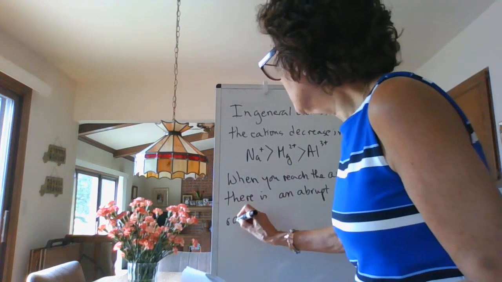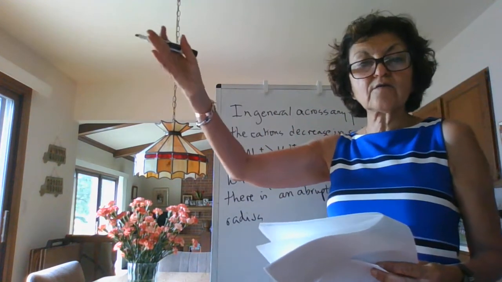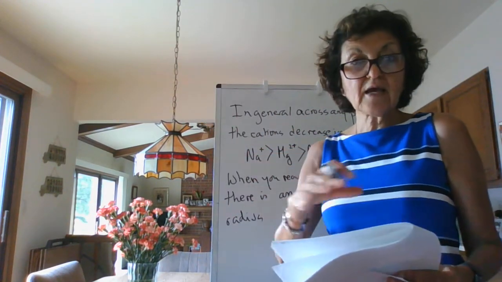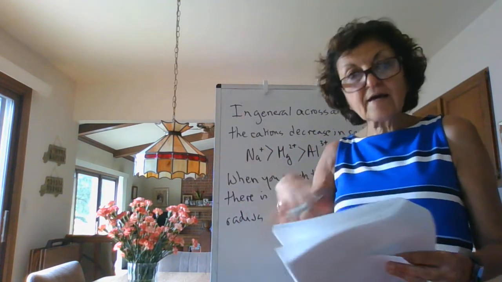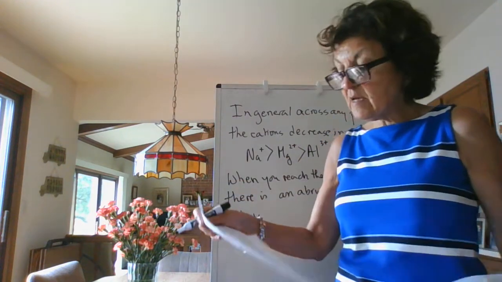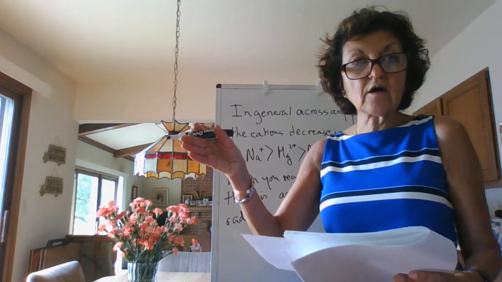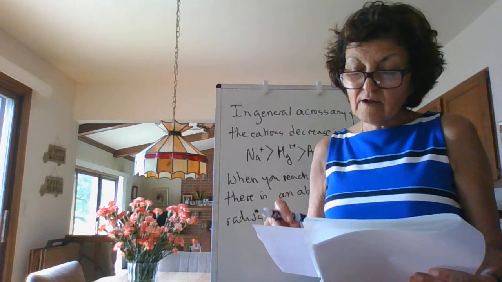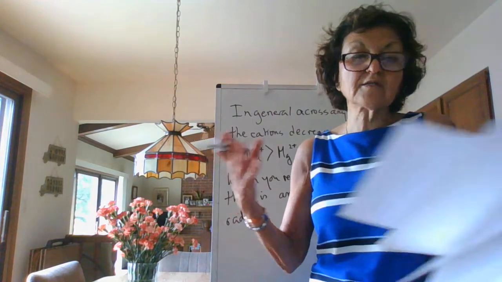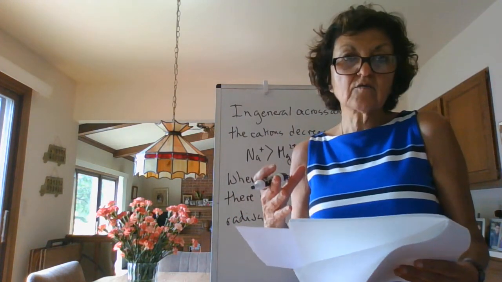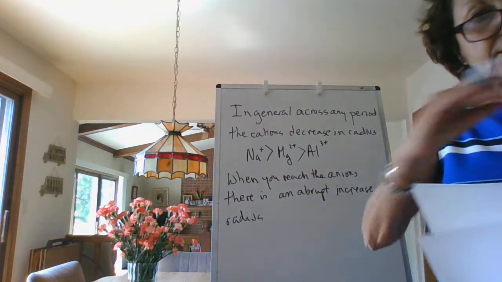Why is that the case? Because these cations are losing electrons to look like the noble gas in the period before. But the anions of that period are actually gaining electrons to look like the noble gas in that period. So, for example, sodium, magnesium, and aluminum want to be isoelectronic with neon, but in the same period, you've got phosphorus, sulfur, and chlorine, and they want to be isoelectronic with argon, and argon has a bigger radius than neon, right? So there's going to be an abrupt increase for the anions in that period,